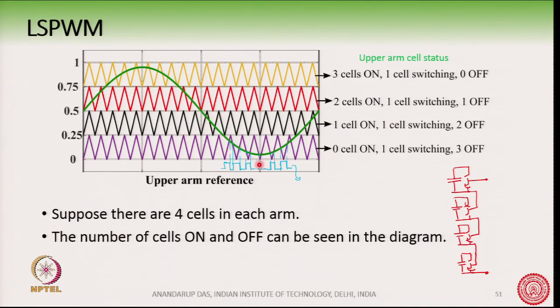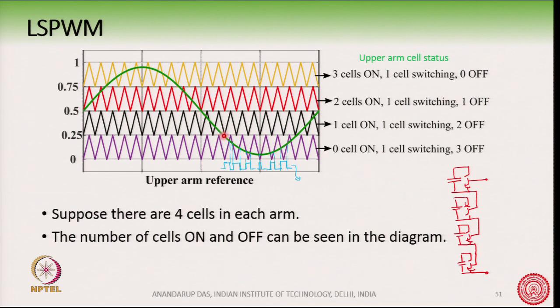Now we have covered this part of the waveform. Let us see this part of the waveform here and here, these 2 parts. During this part of the waveform, as we know that in level shifted PWM, when we are fabricating this part of the waveform, one cell must be turned on out of the 4 cells and one cell should be doing the switching action. Of course, one cell will be doing the switching action here, because the reference and the carrier are getting compared here. So, there will be a switching action here and also a switching action here. One cell will be responsible for the switching action here and here,